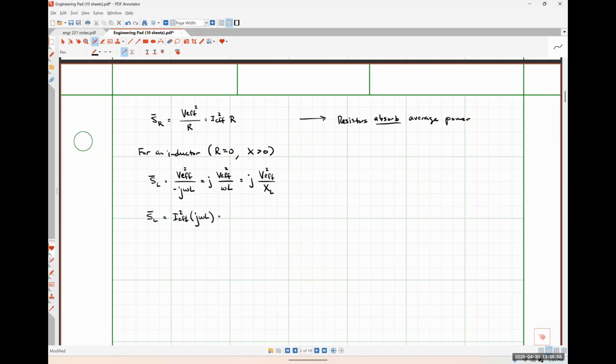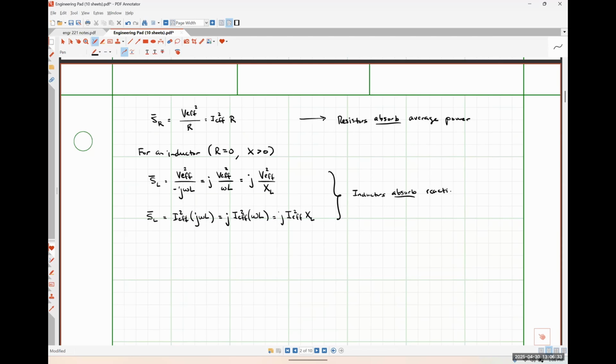J omega L. And just pulling my J out front, this is going to look like J times I effective squared multiplied by omega L, or putting it in terms of my reactance, J I effective squared X sub L, like so. And so from these two relationships, I can see that my inductors will always absorb